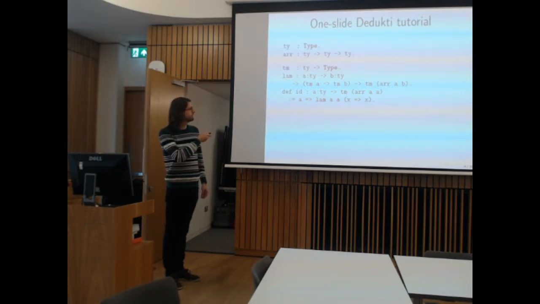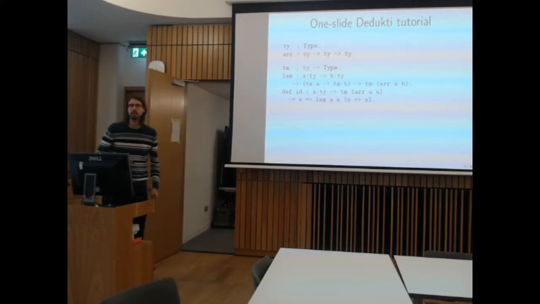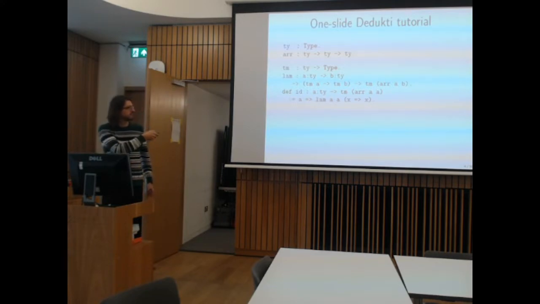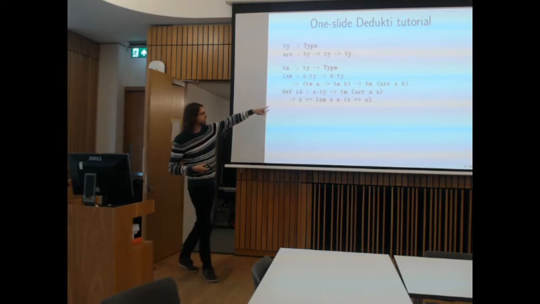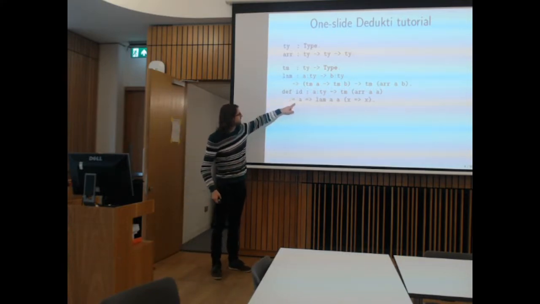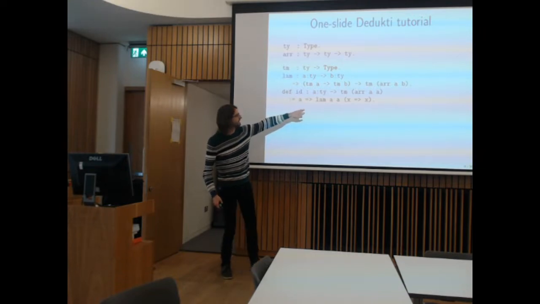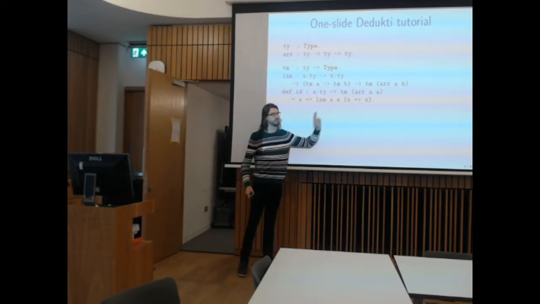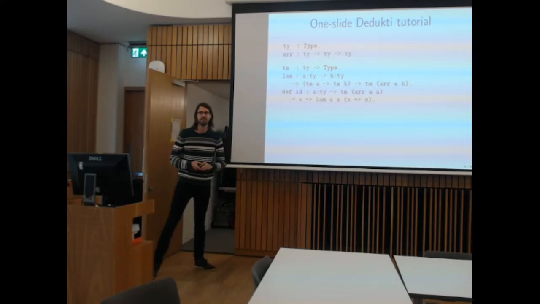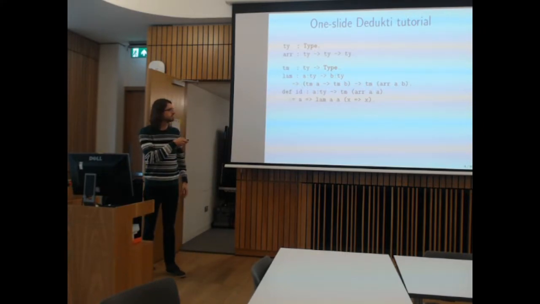A lambda takes a function from terms of type A to terms of type B, and it constructs a term of the arrow type. And then we can already define some examples. So this is the identity function. Everything is explicit, so we need to annotate everything super explicitly with both the domain and the codomain of the arrow type, but otherwise this looks